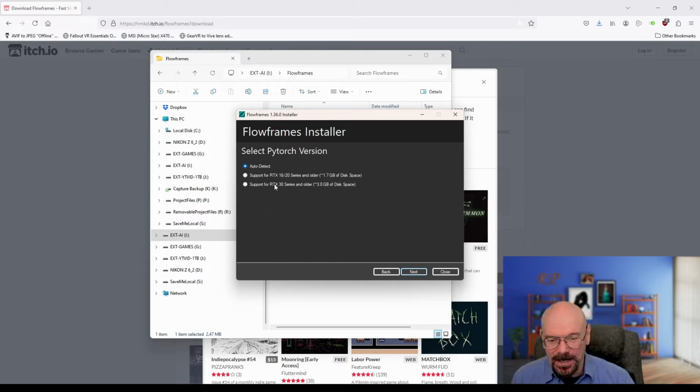So I do have an RTX 30 series and older. Okay, yeah, that's 16 series, that's 30 series. So yeah, it's a 30 series and older. Select AI model install type. Don't pre-install AI models, and